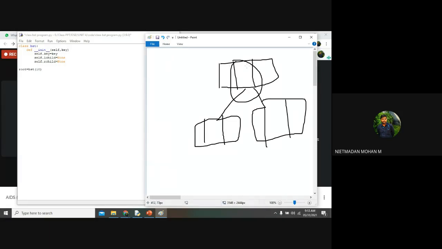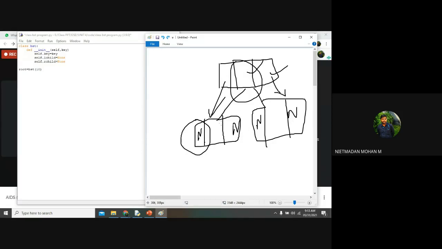This will consist of a root node, and this part will be the address of the right side node, and this part will be the address of the left side node. If no child is present, then this address will be none. When you go to the leaf node, there will be no child for that particular node. At that point, the right child and the left child will be null pointers. So it won't present any data or nodes over there.